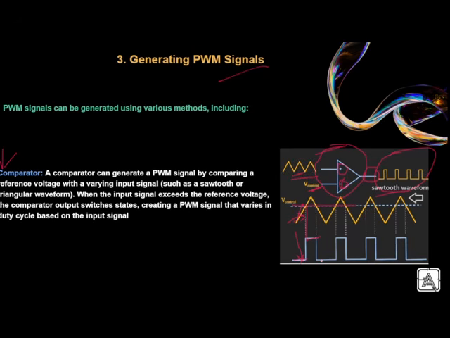Similarly, you will proceed like this. So in this way, you can generate the PWM. Here it is the PWM signal, pulse width modulation. Second is